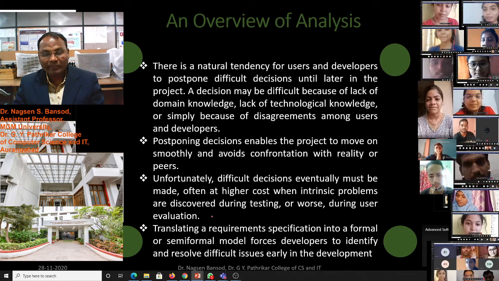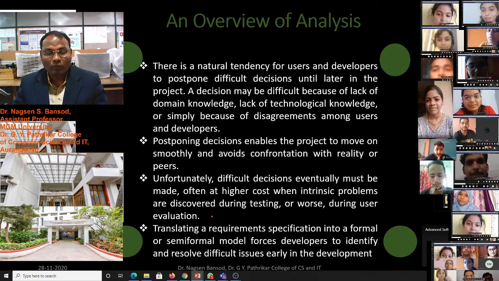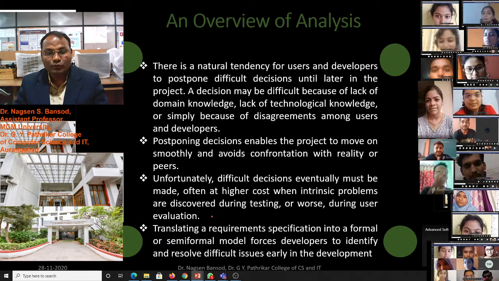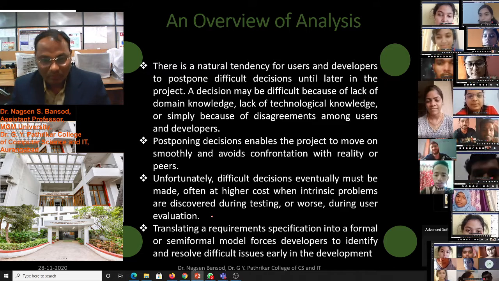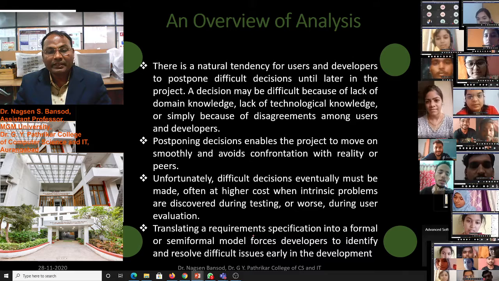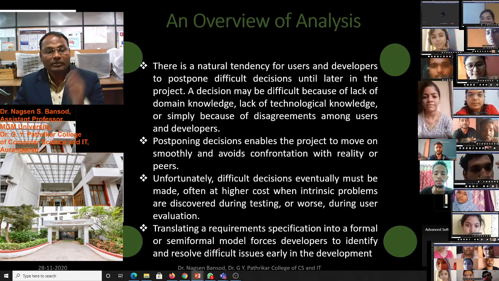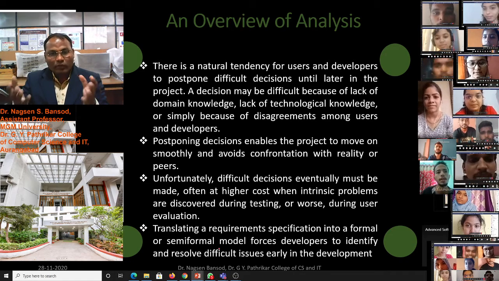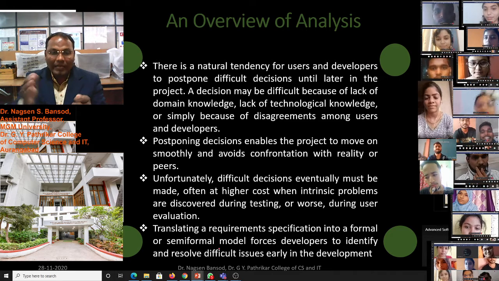Translating a requirement specification into a formal or semi-formal model forces developers to identify and resolve difficult issues earlier in the development. Therefore, we have to transform the information we collected from the user and the client into the analysis.